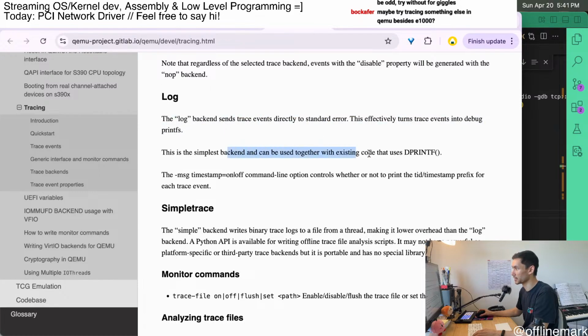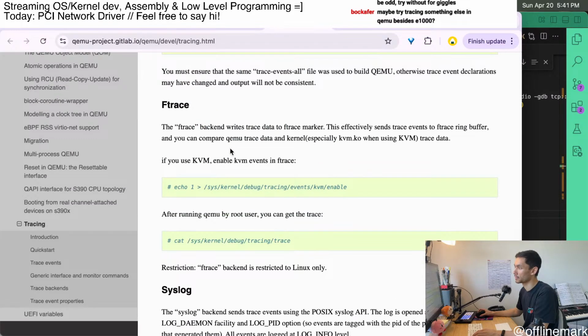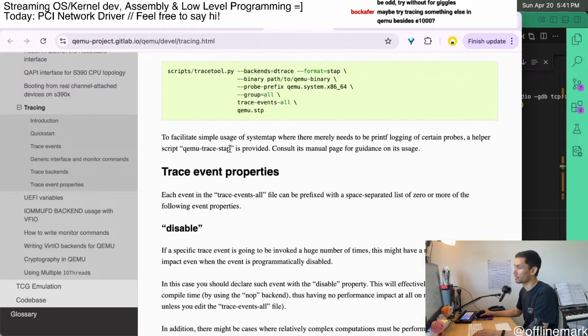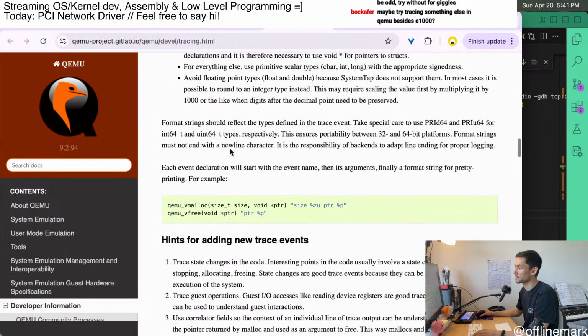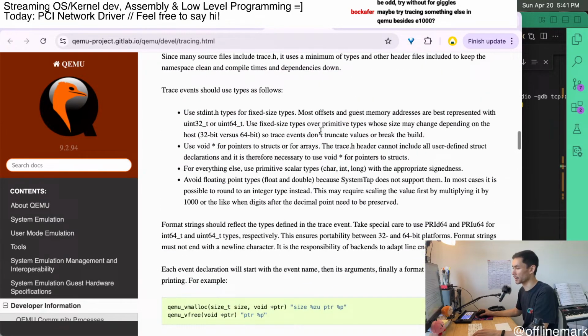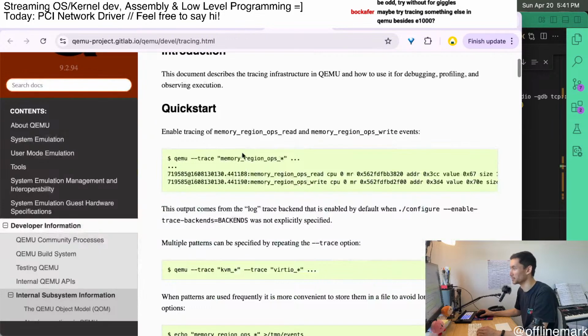This is the simplest backend. Turns trace events into debug printfs. Yeah, okay, what about... I don't know, yeah. I mean, it gave us a couple example ones right here, right? What about memory region obsolete? I don't know what that does, but